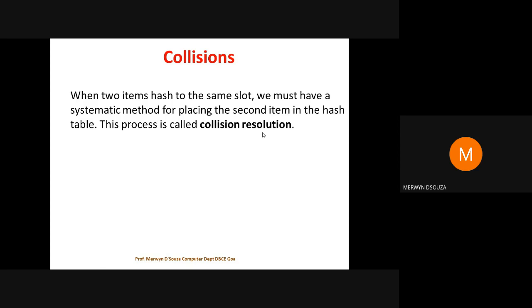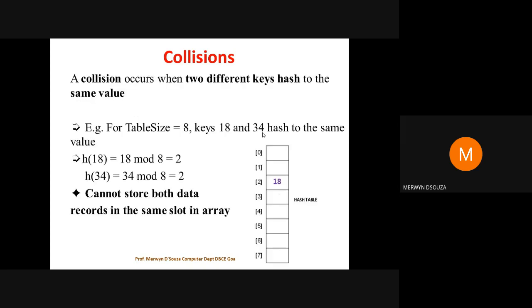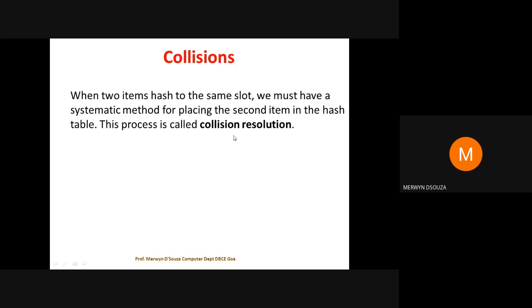When one slot has already been occupied, here for example 18 is occupying hash value 2, we need to find another slot for 34. I cannot insert 34 here because of the collision, but I need to find another slot for it somewhere in the hash table. That process is known as collision resolution.